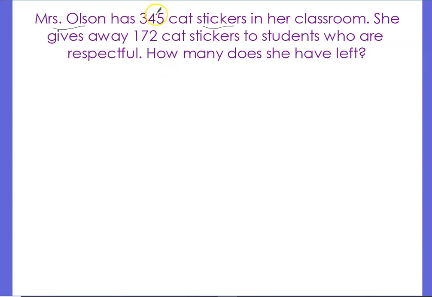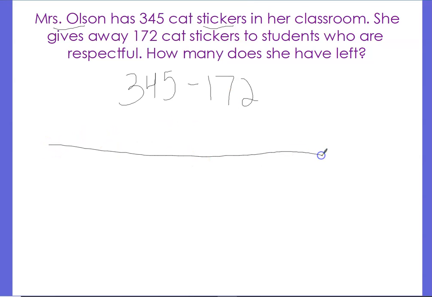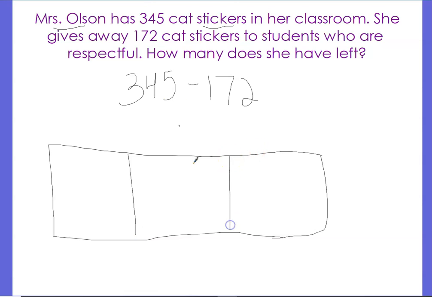So I start with 345. So at the beginning of the year, I had 345 cat stickers to give away. Then whenever I saw someone was being respectful, I gave them away, and so I gave away 172 cat stickers. So I need to subtract that because I don't have those anymore. My question is, how many stickers does she have left? So we're going to use place value blocks in order to help us figure out the answer. So I'm going to make myself a box with a space for hundreds, tens, and ones, and then I'm going to draw out my starting number. So my starting number is